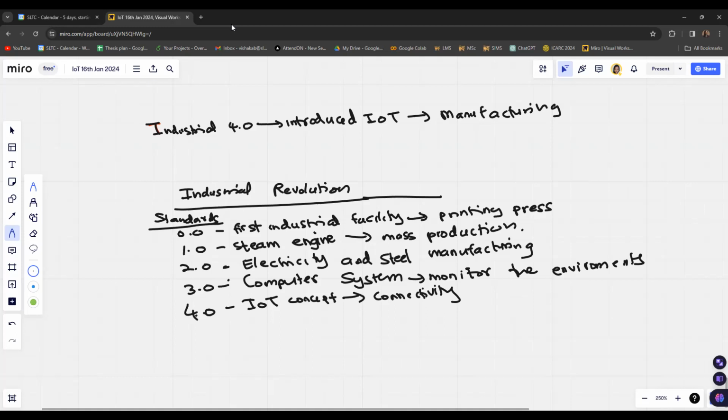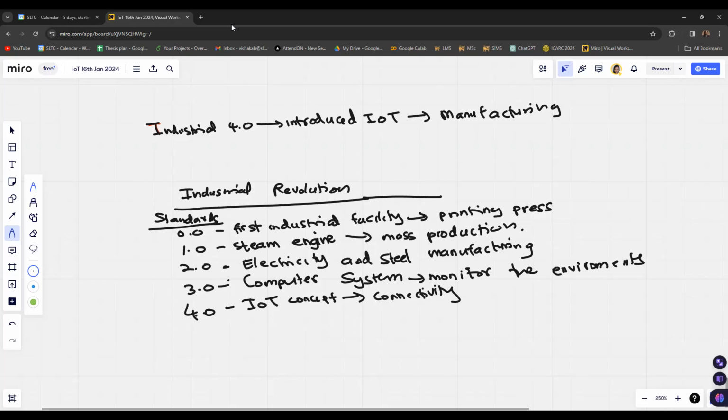Basically, the connection between devices and an access point, and from the access point to the internet, can be considered a simple IoT network. Connectivity with the internet and with other devices directly is the connectivity aspect, and it was implemented in the Industrial 4.0 standard.